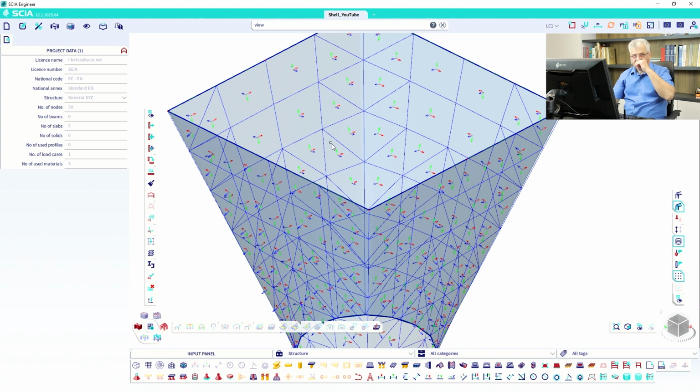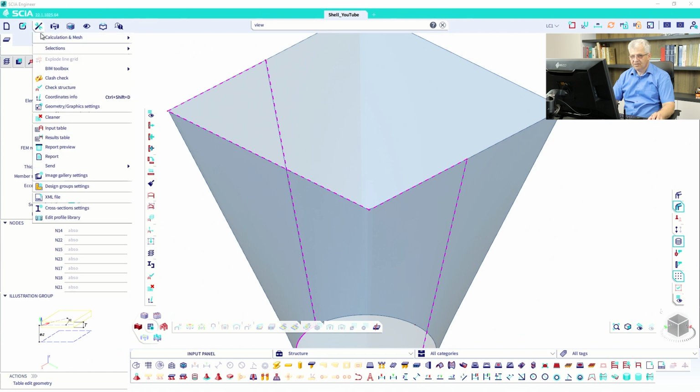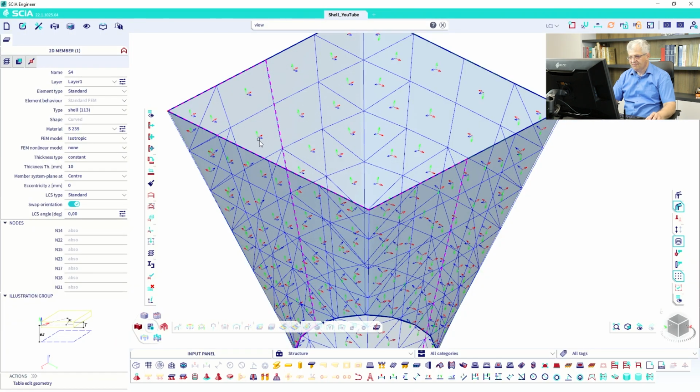So it's better to go with the Z into the structure, and on the opposite Z, on the minus Z side, there is the support, if you need some support. So first I select this part and I simply, so if you don't see all properties, then click on this button, swap orientation and refresh the mesh, regenerate the mesh, and then I see everything, all Z axis goes into